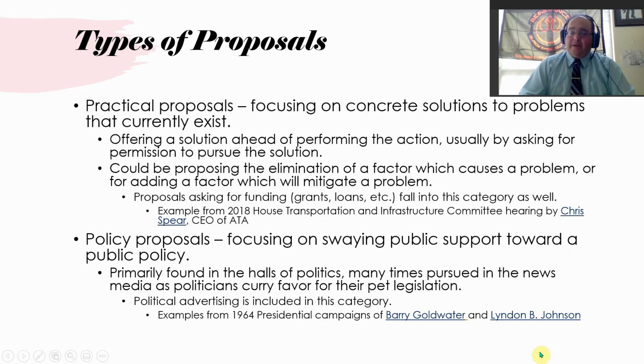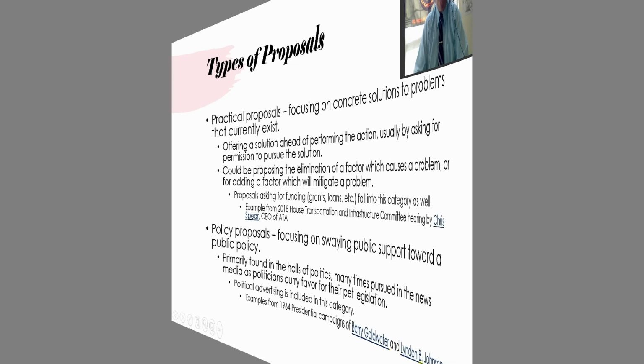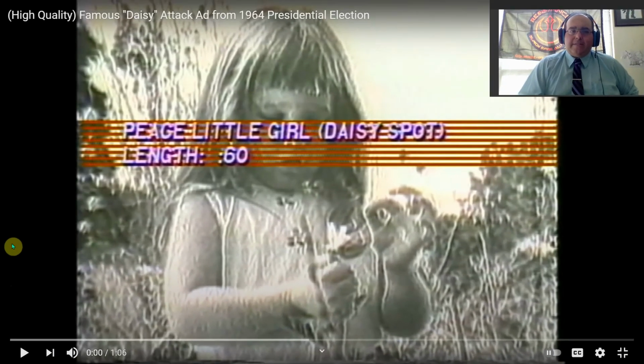Now let me make note here. This Johnson ad, you may have had exposure to it before. You may have seen parts of it. May not have seen the whole thing, because usually people stop about midway, okay? This ad only aired once. Okay? And after I show you this ad, I'll tell you how that election came out. Alright, so here is the Lyndon B. Johnson ad. Again, this ad only aired once, and that's all that Johnson needed.